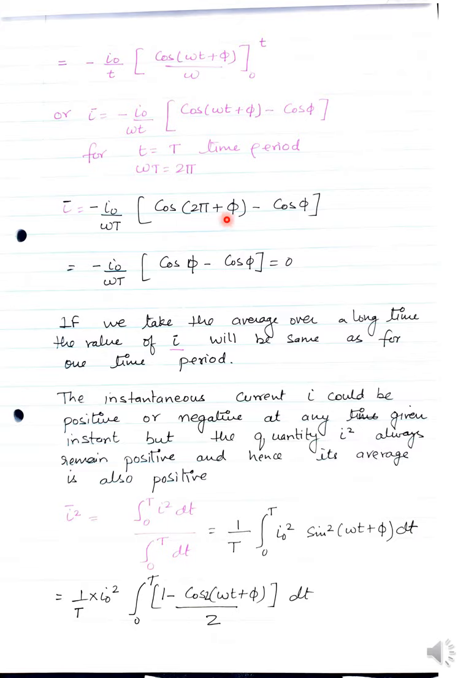So it's cos(2π + φ) minus cos φ. So cos(2π + φ) is in the first quadrant, so it will be cos φ only. So it will be cos φ minus cos φ, which will be equal to 0. So this